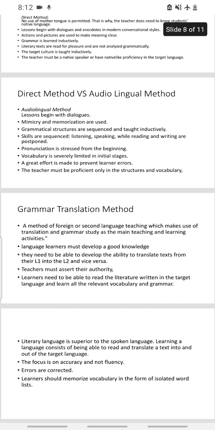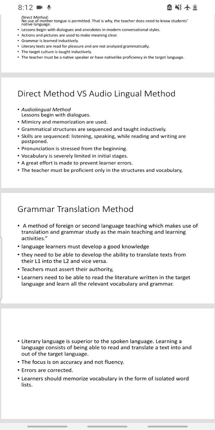Now the next one is the grammar translation method, which is one of the traditional kinds of methods. To understand this method, you can take the example of Pakistani schools, colleges, and universities. Wherever English is taught, there is a class of English, but the teacher is translating it, and the teacher is using the Urdu language to teach this language.